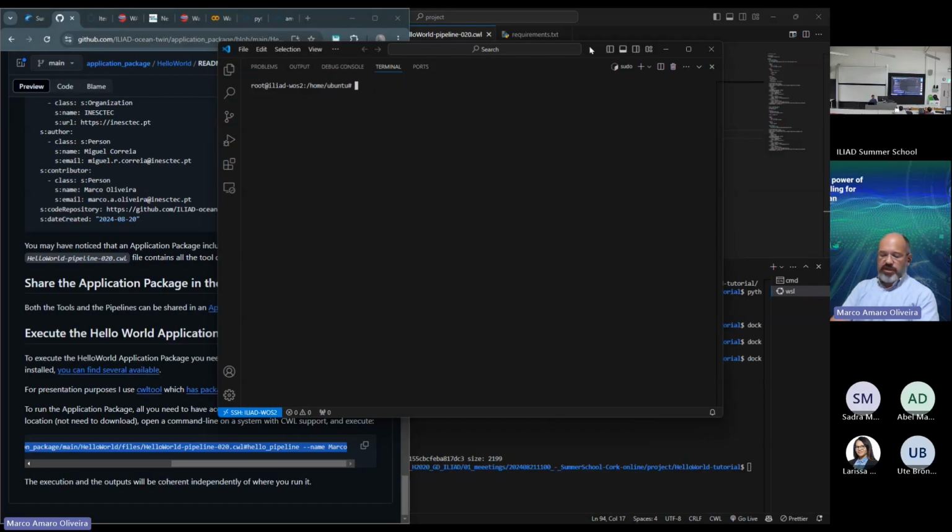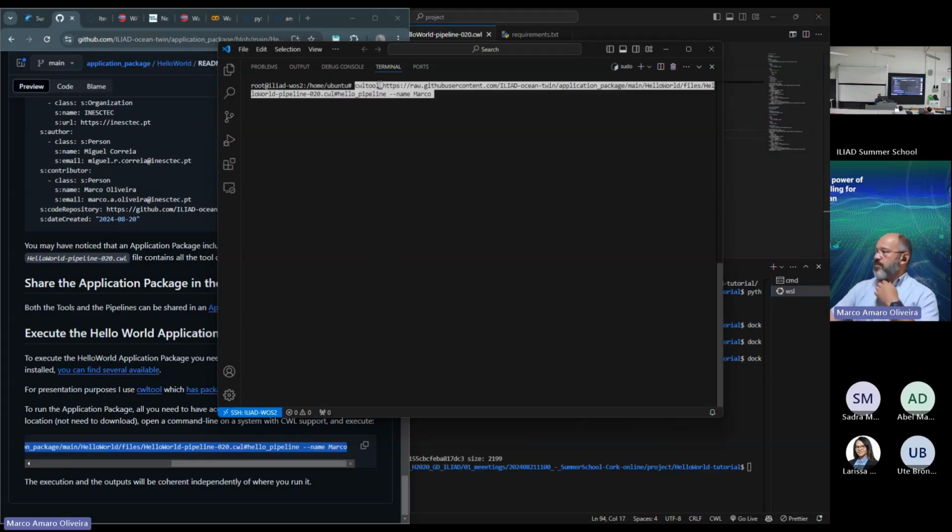Using apt get install cwltool, I will just tell it, please run my pipeline that is available on GitHub. I want to run my workflow hello pipeline, and I'm passing the parameter name Marco. And as I'm running this,